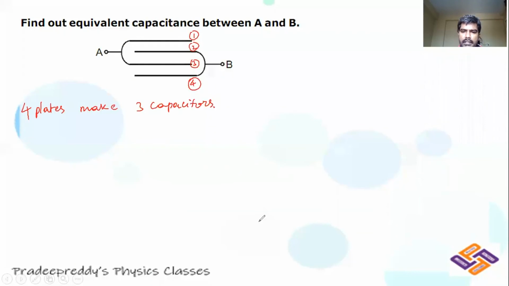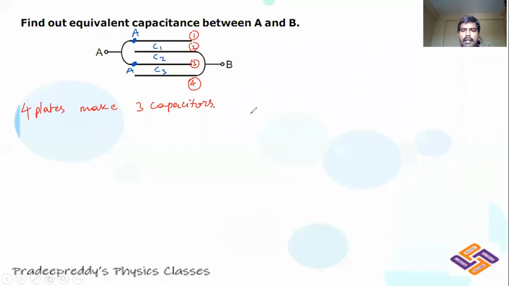Now I am considering their capacitances: between these two, let me consider its capacitance C1. Between these two, its capacitance is C2. Between these, its capacitance is C3. Now see, check it up. Plate 1 and plate 3 are connected to potential A. So what is the potential here? A. What is the potential for this third capacitor? It is connected to A. Therefore the potential at these 2 plates will be A.